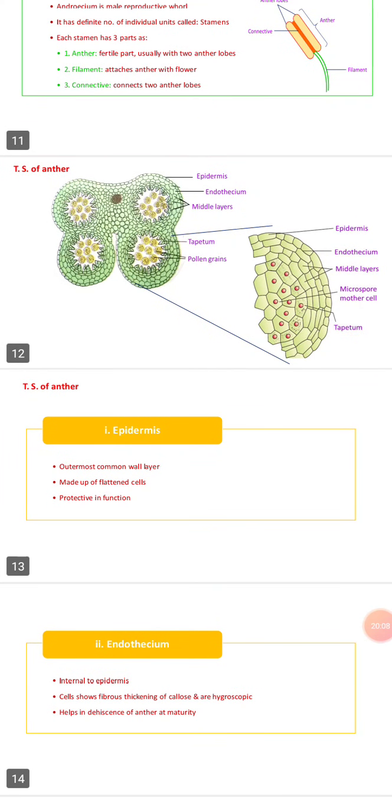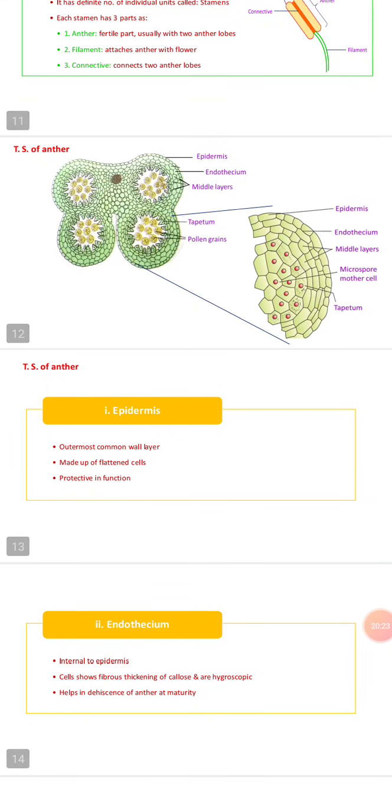If you observe carefully the TS of the anther, you will see different types of layers. The first layer is the epidermis. Below the epidermis another wall layer is present, the endothecium. Then 2-3 layers are present, which we call the middle layers. And again, if you go inside, there is the tapetum wall layer.